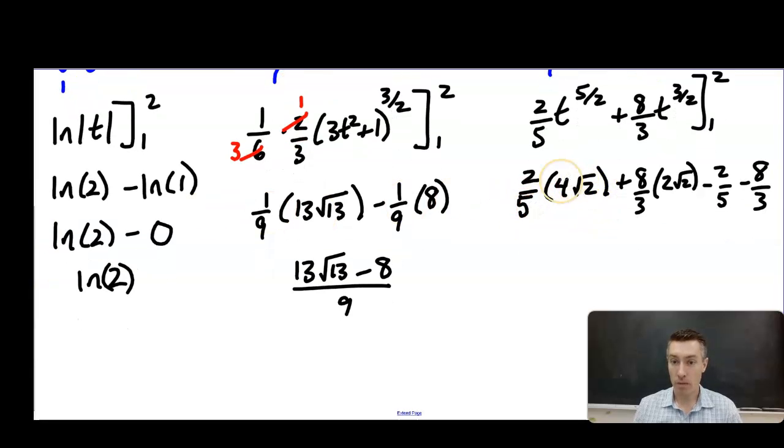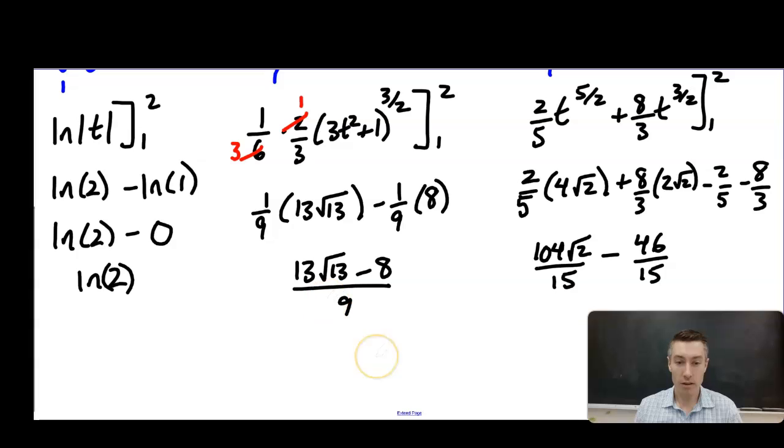Okay, so if we combine our like terms, which I've done just to save us some time, it is going to be 104 rad 2 over 15 minus 46 over 15. Right, you can check, find the common denominator of 15 for all of these four terms. Then we can combine the square root of two terms, and we can combine the constant terms. So that leaves us,